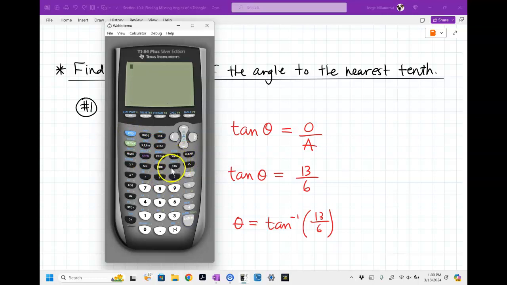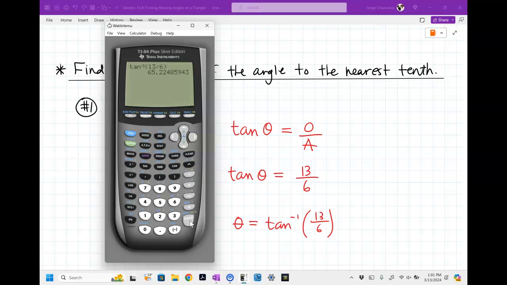So for me, I'm going to press the tangent button, and right above the tangent button, I know you can't really see it, but right above it, in blue, it says tangent inverse. So I have to press this button right here that says second for this calculator. I'm going to press second tangent. Notice how it came out tangent inverse. Okay, and then 13 divided by 6, close my parenthesis, hit enter, and I get